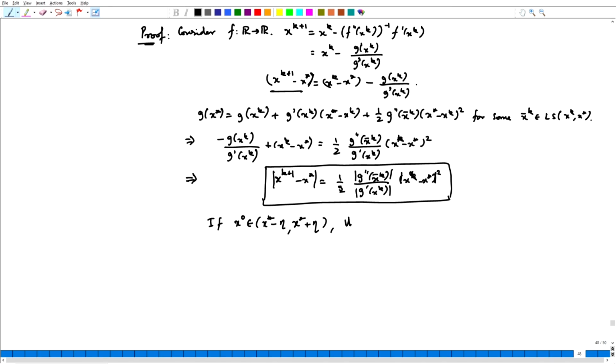Then let alpha 1 equal the max of g double dash of x over x in x star minus eta to x star plus eta, and alpha 2 be the min